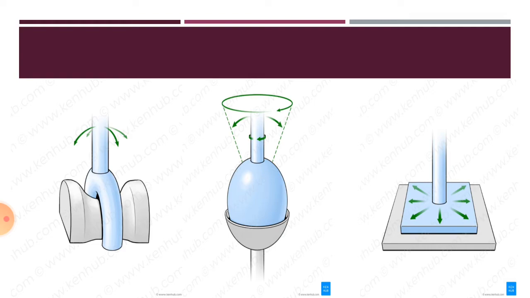The next is the ball and socket joint, which is a polyaxial or multi-axial joint, so it shows multiple movements. The last one is the gliding or plane joint, and there is no classification according to the range of mobility. We do not classify it into poly, uni, or biaxial joint. The example includes the acromioclavicular joint, where it shows gliding movement.